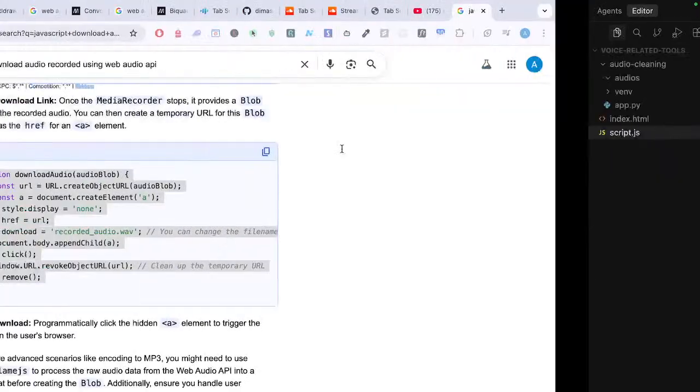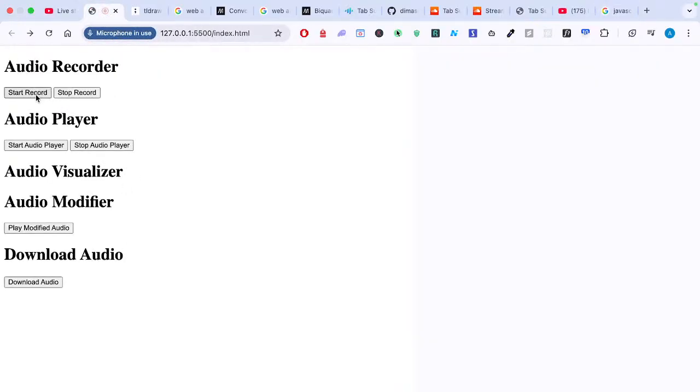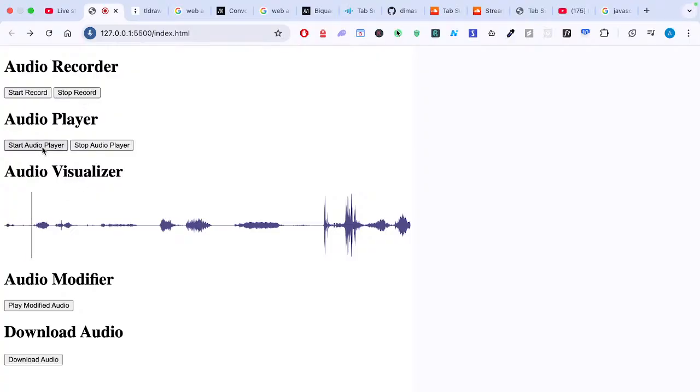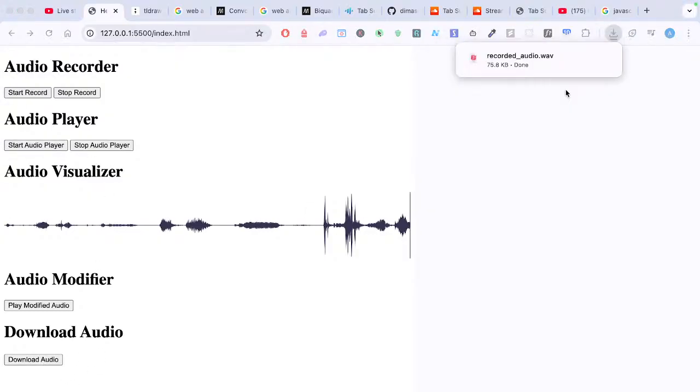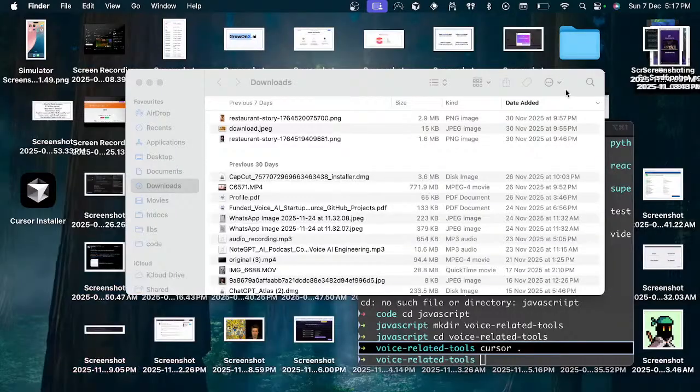Okay, so now that should work. So we'll start the audio recording. I'm just speaking right now, and there is audio right here. Let me just stop recording. Start audio right here. To download the audio, download audio should download the audio. And if we see